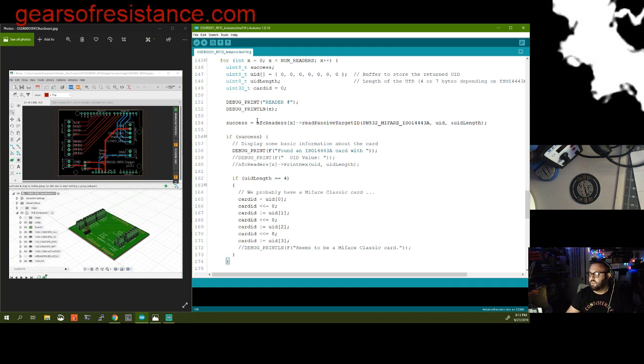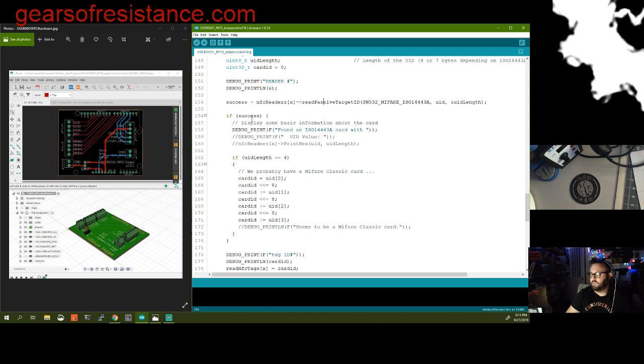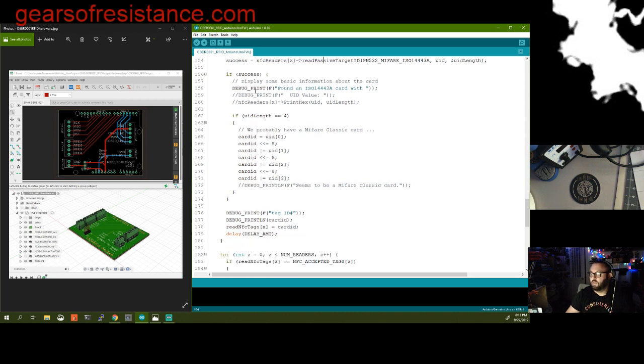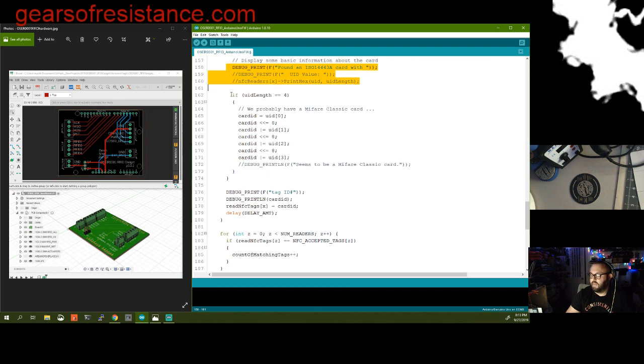Okay, so this function returns an 8-bit int if it's successful, and I think it sends back a 1. So if I am successful, if what I got back from that library means I actually read something, I will go ahead and decode it. So if I did read a tag, say, hey, I found a card, and now I make sure that it's the right length. If it is the right length, then I can start to decode it,